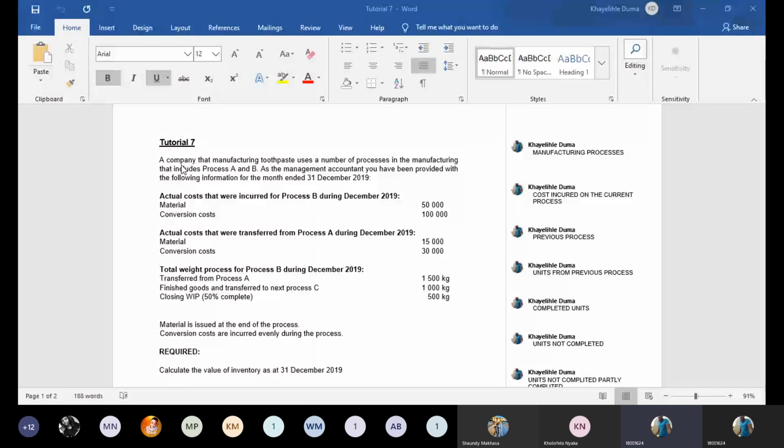The input of process B, or process number 2, is supposed to be the output of process number 1. Note that. It means that whatever you finish on process A, in this case of sewing t-shirts, whatever